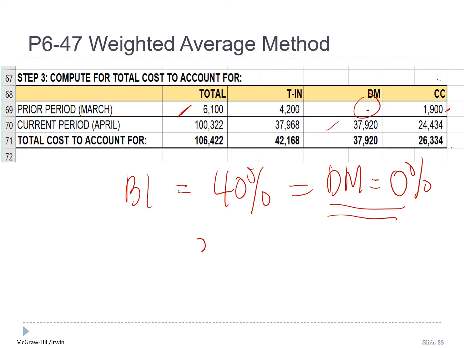37,920 of additional cost for direct materials given. 24,434 for conversion cost also provided in the problem. Yung 37,968 nanggaling yan dun sa Department A. Remember, ang journal entry dun sa transferred out